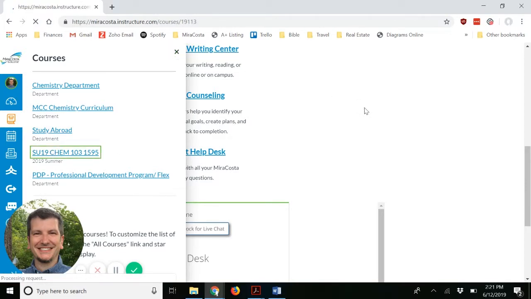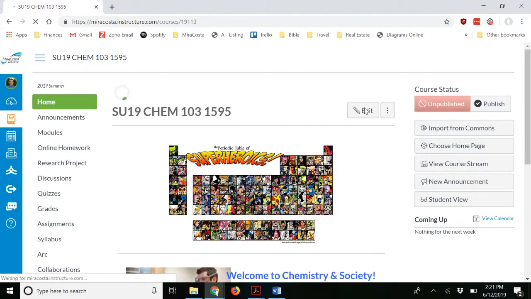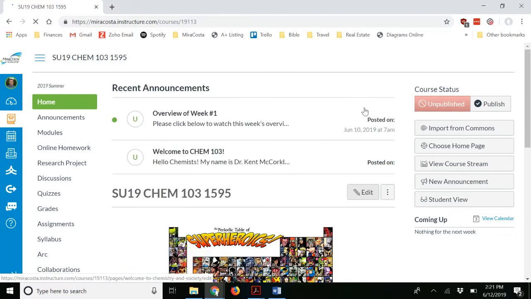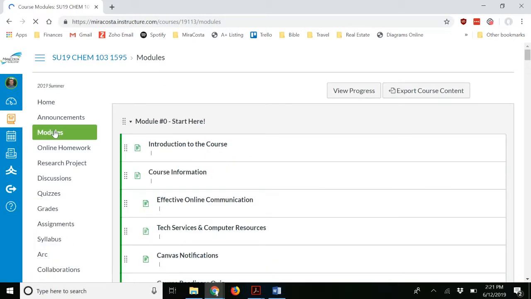Now, the way the course is set up is in various modules. During a typical 16-week spring or fall semester, we have 16 weeks and 16 modules, so there's one module per week. Plus there's a little bonus module that I call Module 0, which is basically just an orientation to the course. How do you use the website? How do you connect? Asking you to introduce yourself to the class, etc.